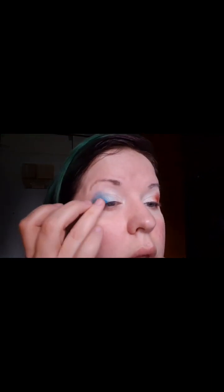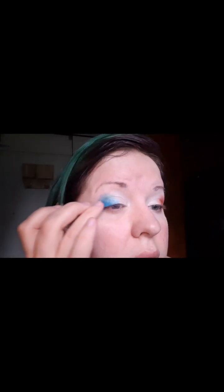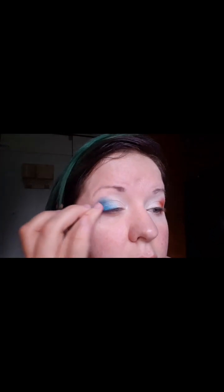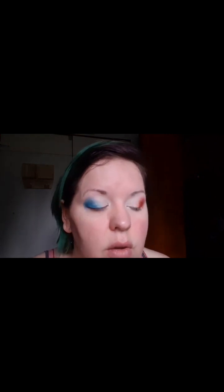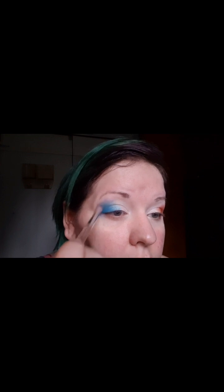So pretty. I don't know why so many people don't like blue eyeshadow. I think it's so pretty. I love blue eyeshadow. I'm just doing the same thing I did on my left side. Do it about halfway. And then I'm going to wipe off that same blending brush. I went a little bit more than half, but that's okay. I'll reapply some of the white. And then when you're done doing your finger, take a little bit on your blending brush and blend it out. And I always go below and I really blow it out of the crease,